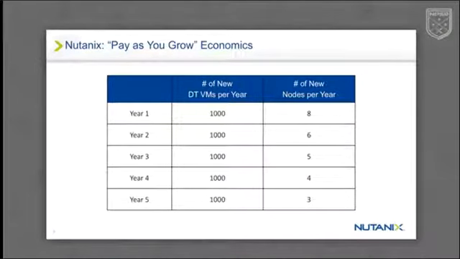They start with the number of nodes they need, and then as they expand out their Nutanix footprint as the project grows over the years, it means that they need fewer and fewer nodes to run the same workload as they needed up front. So in this manner, the CapEx, the capital expenses for the entire project are slashed, along with the associated rack space, power, and cooling. We've also eliminated all the risk of underbuying, as well as any risk of overbuying.